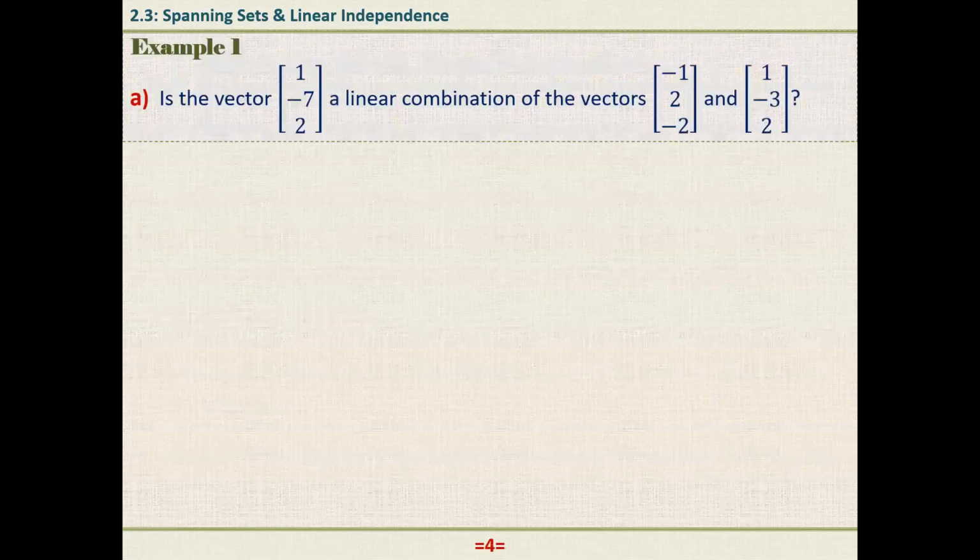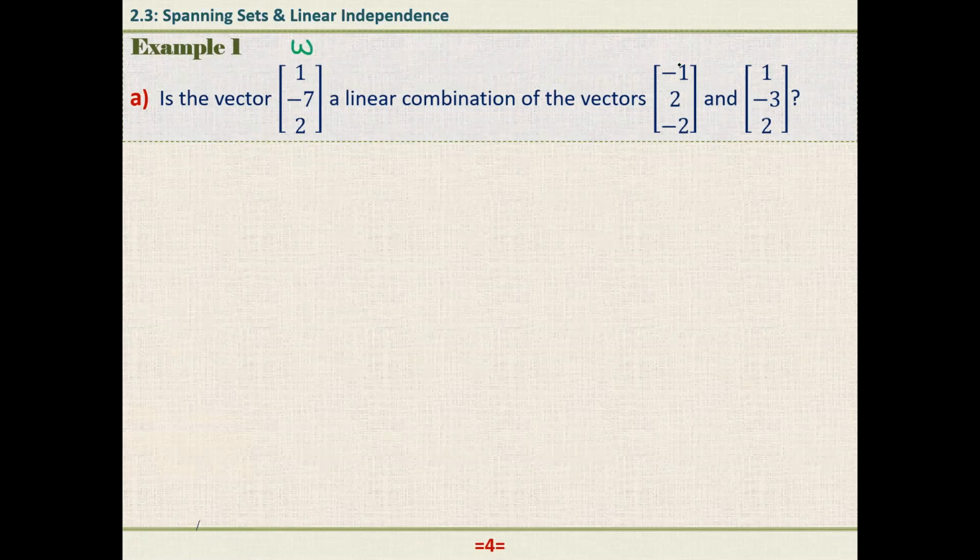So let's start this section with this question. Is the vector (1, -7, 2), let's say this one is W,